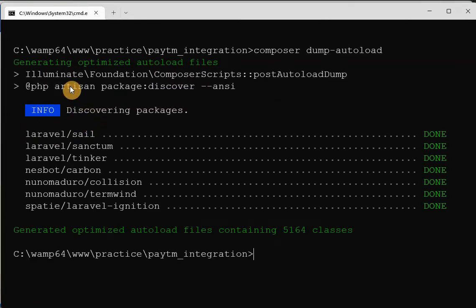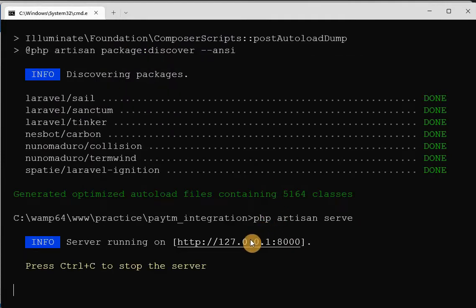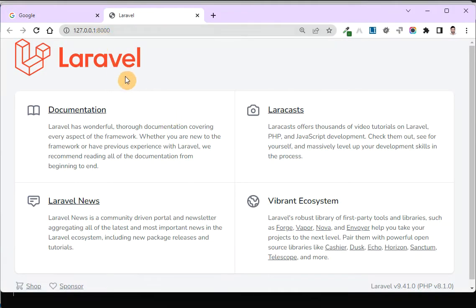So guys, you can see it is optimized and it has generated the autoload files. Now let me start our PHP application, php artisan serve. This one is started, and I am going to call that method in the welcome file itself, so that you can see here